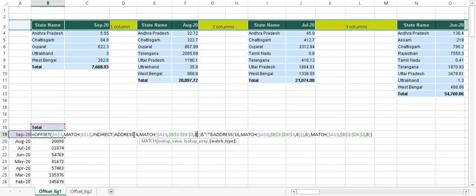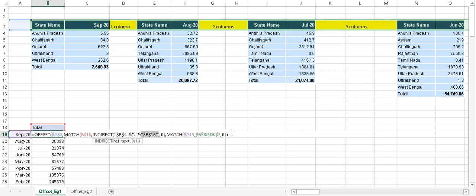Just a second, let's see. It's going to go all the way before, and then six. So the first match, which it shows, is looking for total in this range, because these names are distributed between rows 4 and 16, and the column